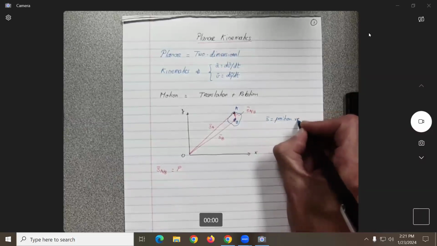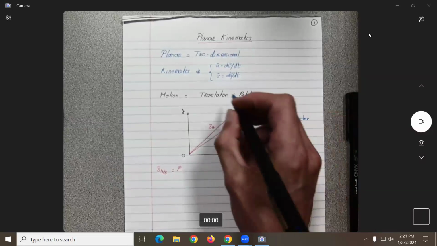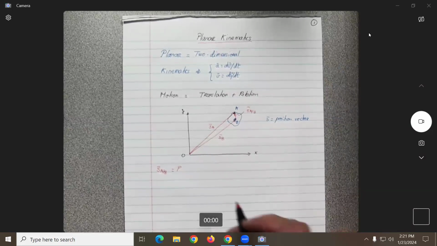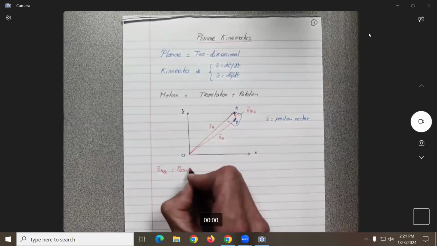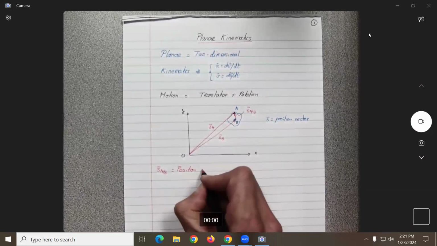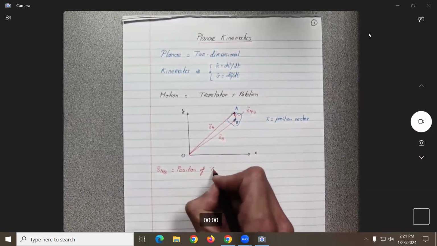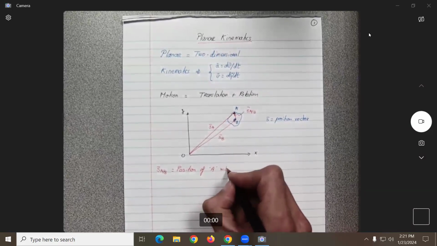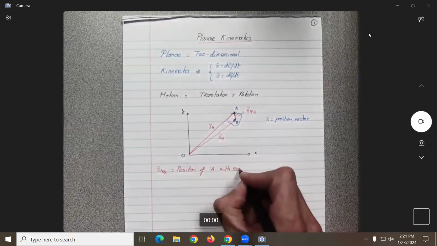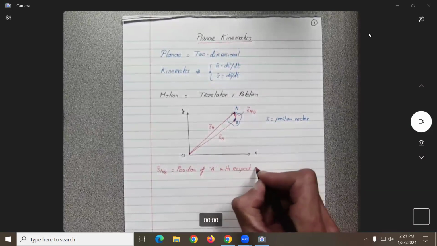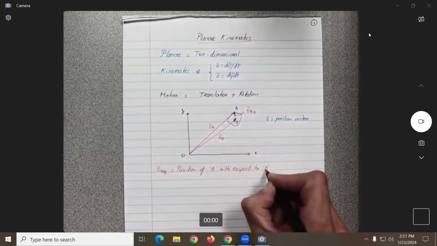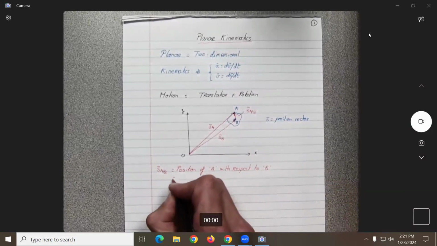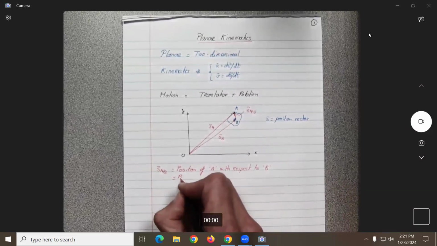I think the book uses R, but since we defined here S, I use S. So this is the position of A with respect to B, or some people sometimes say position